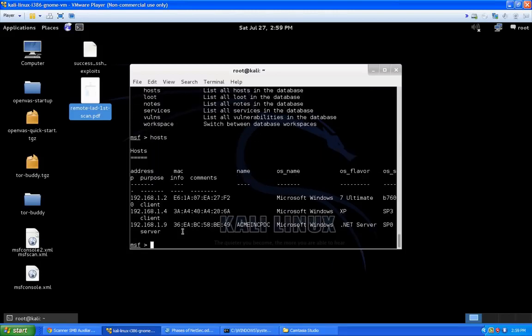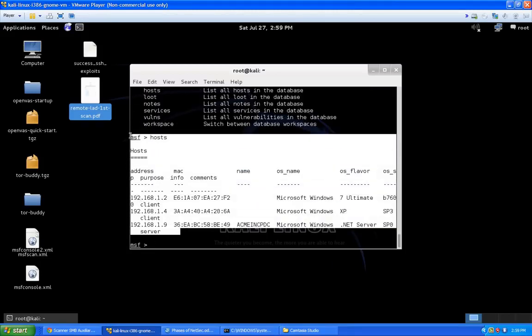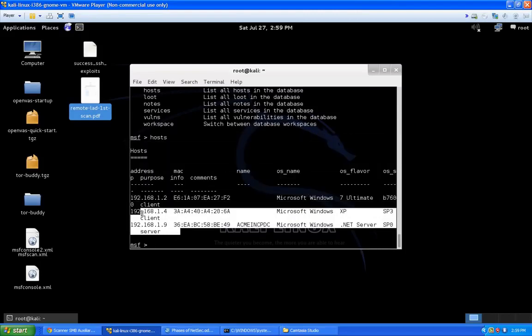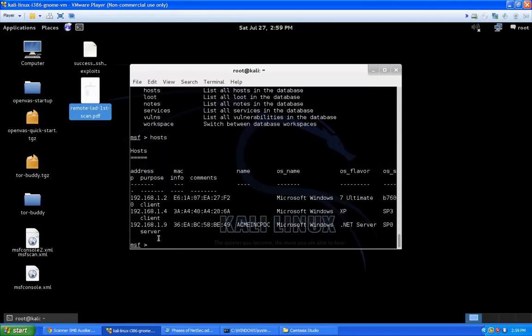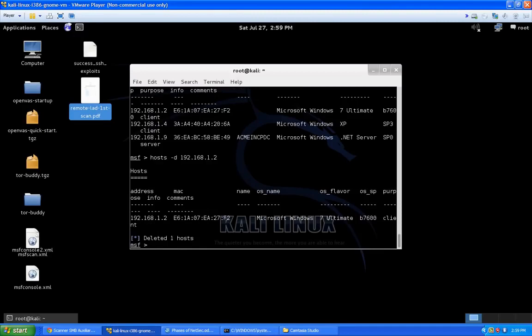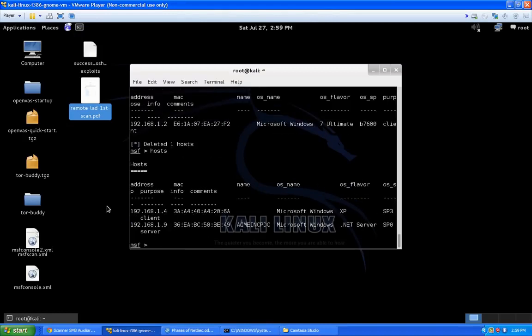Now, as you can see here, I already have some stuff in here from doing some demonstrations a little while ago. If you have stuff in there you want to clear, it's just hosts -d for delete. You can delete individual hosts by just typing in its IP address. So if, for instance, we just want to delete the 1.2, we type in 192.168.1.2 and hit enter. And it says it deleted one host down here at the bottom, and it tells you the host it deleted. And then if you issued the hosts command again,